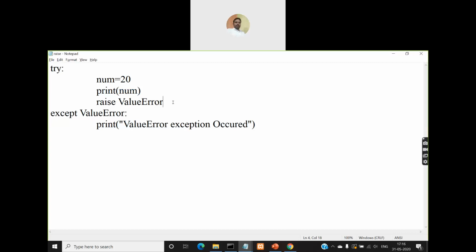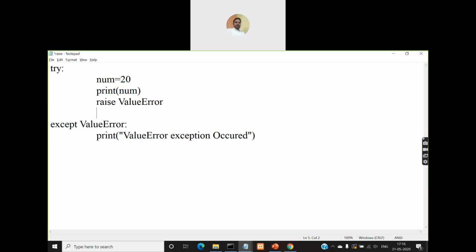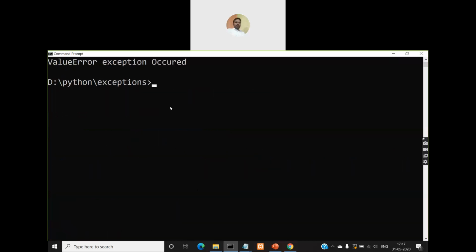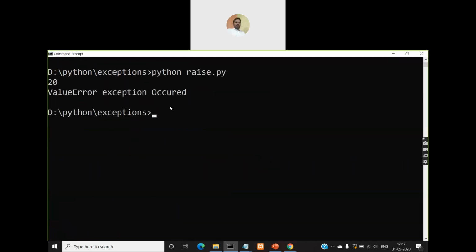So if I write any other statements after the raise statement, they will not be executed. See, is it executed? No, it is not executed.